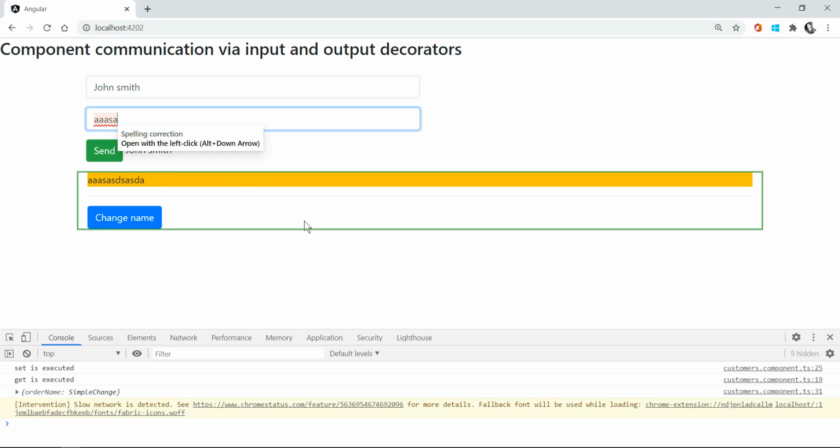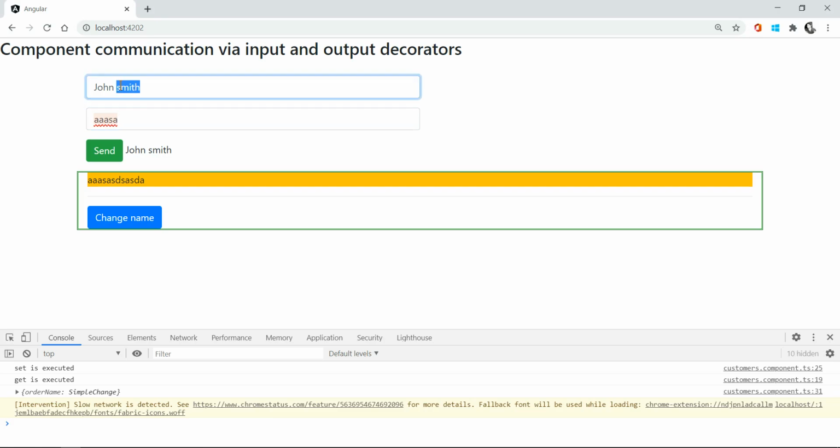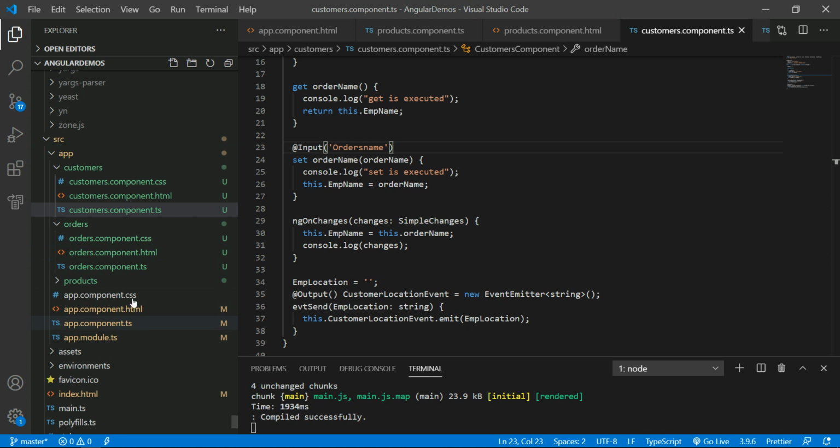Suppose right now I am having John Smith. In some situation you may be getting a null value from the app.component.ts file. That's the reason you have to control that. Whenever you are getting that value as null or undefined, you can pass something else, like no name is defined.